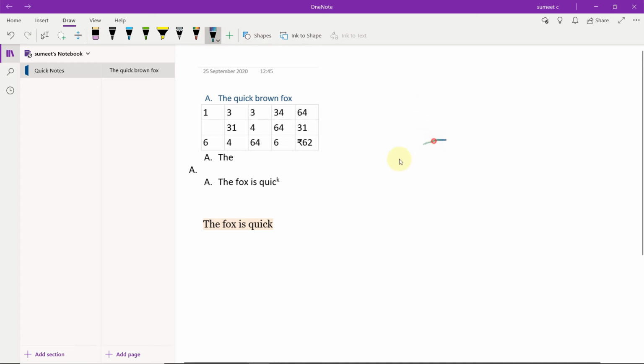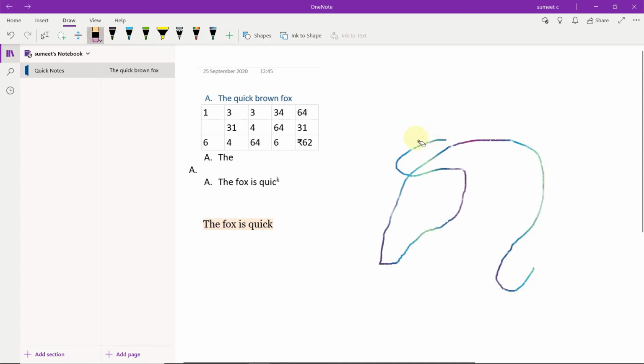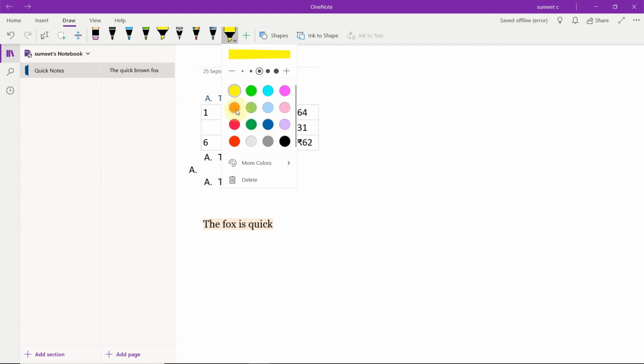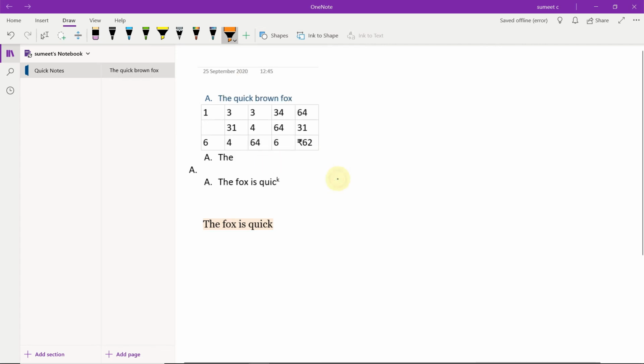These pens are also nice, and obviously the eraser is there. So yeah, this feature is more suitable for the tab users. And also you can change the color of the text and also the width of the lines. You can also select more colors. But using the mouse you can just do it scribbling like this. You need to have some stylus pens.